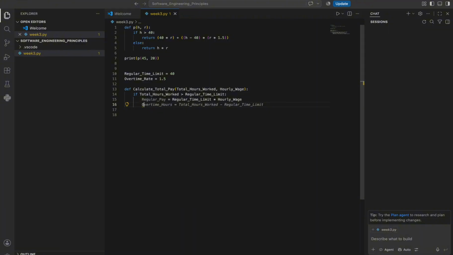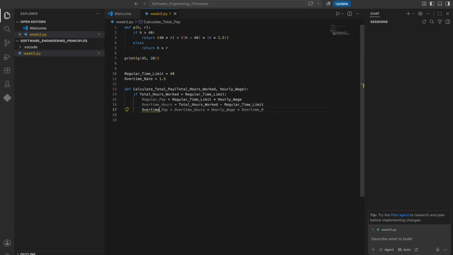Then next we get the overtime hours by subtracting the total hours minus the regular time limit. Total underscore hours worked, capital W, minus the regular time limit. So it's just taking the total hours worked minus 40,